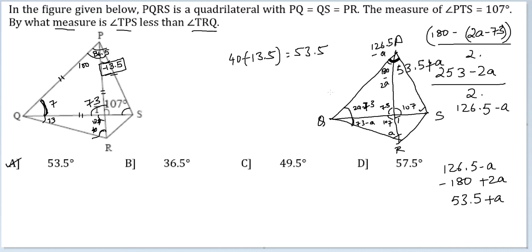Now see, this is slightly more cumbersome to work with because there are variables involved. If you had simply assumed values, even if you get a negative value, that doesn't really matter because what you needed was just the difference. You're not expected to find the precise value here. The answer will continue to remain 53.5.